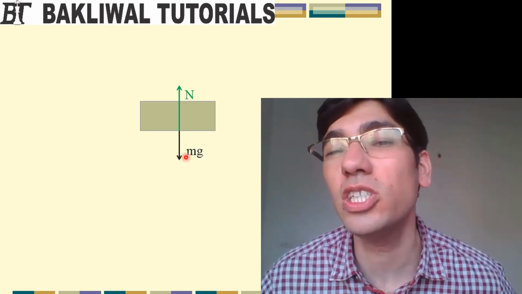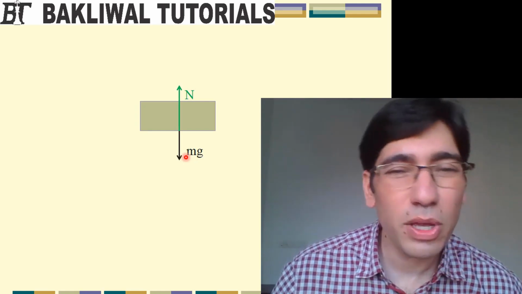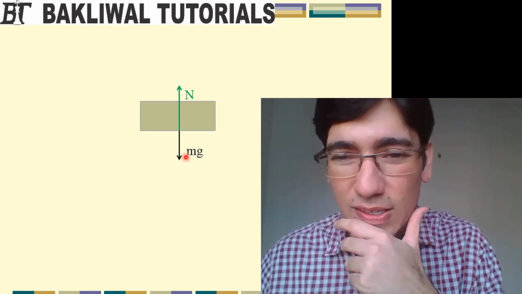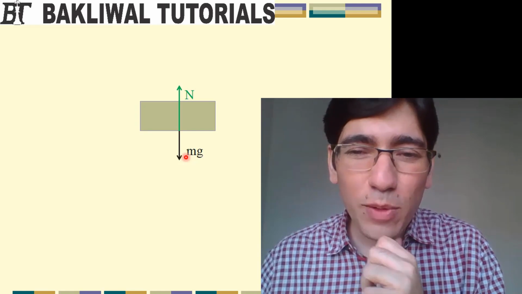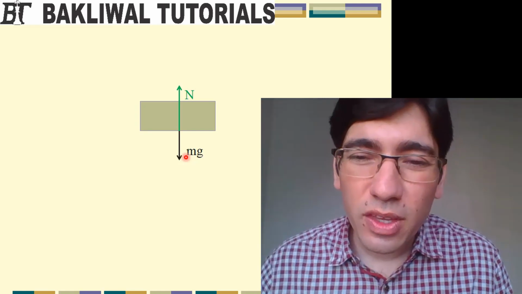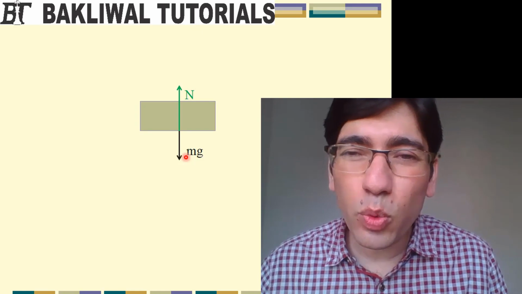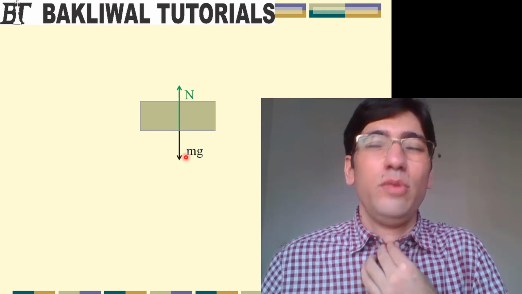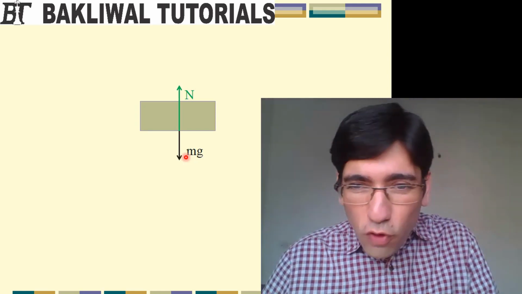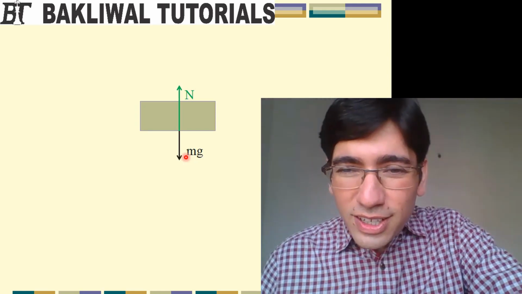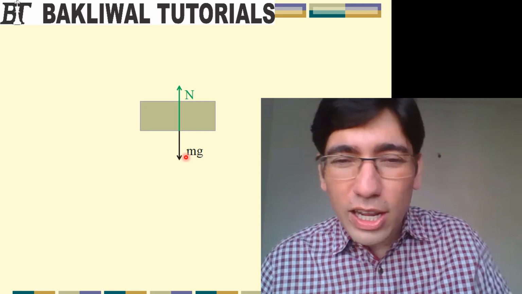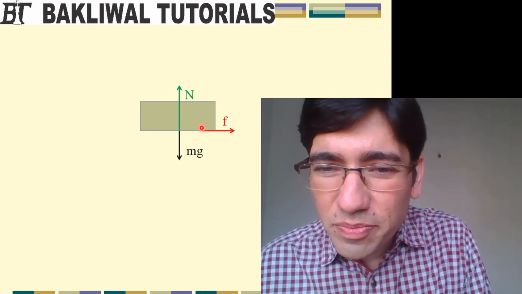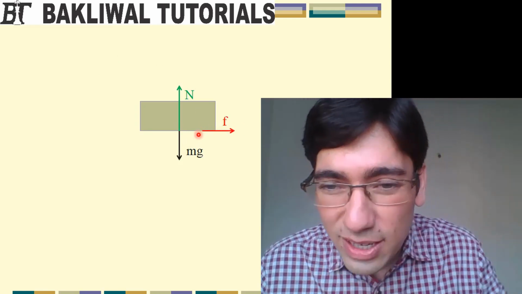Then a few of you have written friction. Why friction? Because I had mentioned it is placed on a rough horizontal surface. So let's say there will be friction between the block and the table. But then in which direction will the friction be? Right or left? Which is your favorite? Or will it be in the forward or backward direction? The friction can be anywhere in the horizontal plane. So let's say it is in the right direction. It's something like this.